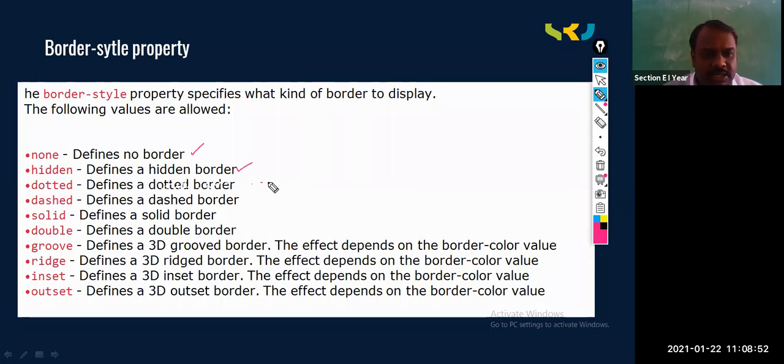Dotted border means you can see dots for your entire web page, and dashed border means you can see these dashed lines, and solid means you can see the line without any cut. Double border means 2 borders will apply for your web page. Groove is similar to the solid only, but light line you can see. These all we will see one after other.